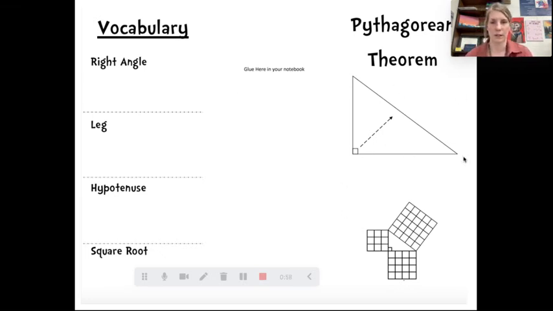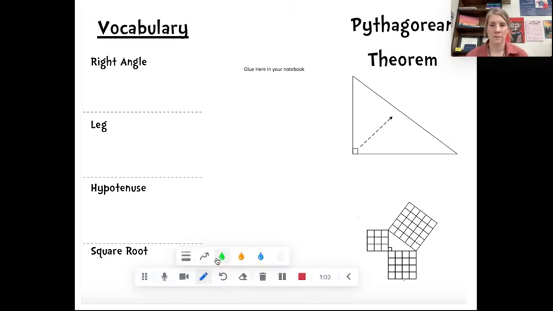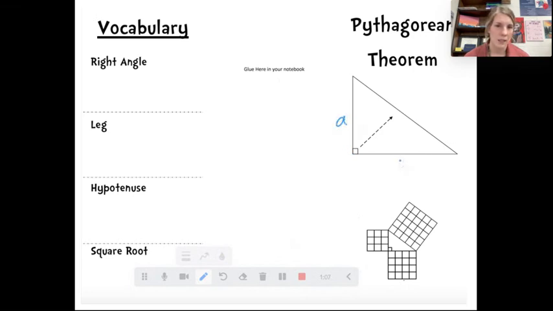Let's talk about this page first, the front here. So we're going to just do some labeling. So this is our A, and this is our B. These are interchangeable. You could call this A and you could call this B. Doesn't matter, okay? But this part is not interchangeable. This is always the hypotenuse. Okay, and this is always C in the formula of the Pythagorean theorem, which I want you to write right